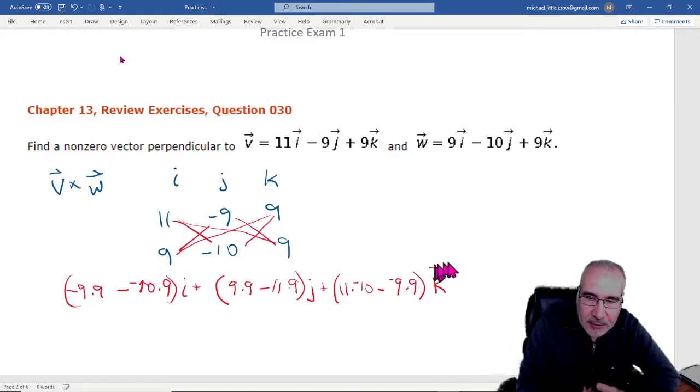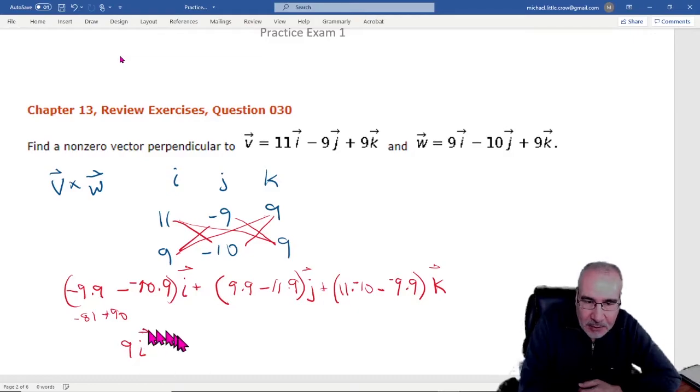Again, there's little arrows over here, but if you're like me, you just get tired of drawing the little arrows. Okay, so this gives us negative 81 minus, actually plus, negative and negative is going to make it a plus, right? 90. So that's going to give us positive 9. Okay, so that's one vector,